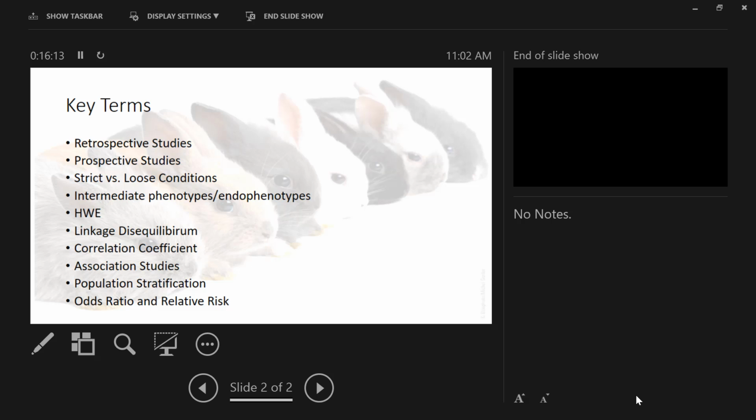Okay. Now, relative risk. And again, relative risk is similar to our odds ratio, except relative risk we only use in prospective studies. Okay, relative risk we only use in prospective studies. And here's how we calculate it. It is the proportion of people